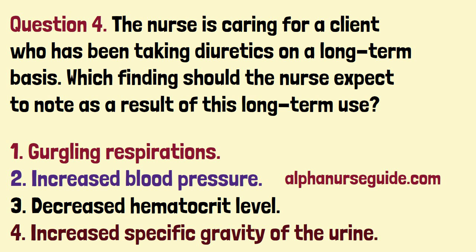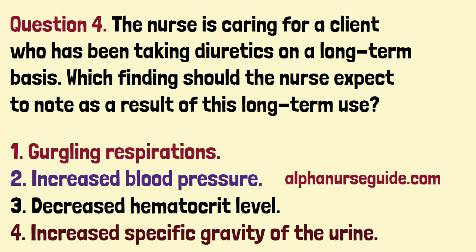The correct answer is 4. Increased specific gravity of the urine. Rationale. Clients taking diuretics on a long-term basis are at risk for fluid volume deficit. Findings of fluid volume deficit include increased respirations and heart rate, decreased central venous pressure, weight loss, poor skin turgor, dry mucous membranes, decreased urine volume, increased specific gravity of the urine, dark-colored and odorous urine, an increased hematocrit level, and an altered level of consciousness. Gurgling respirations, increased blood pressure, and decreased hematocrit as a result of hemodilution are seen in a client with fluid